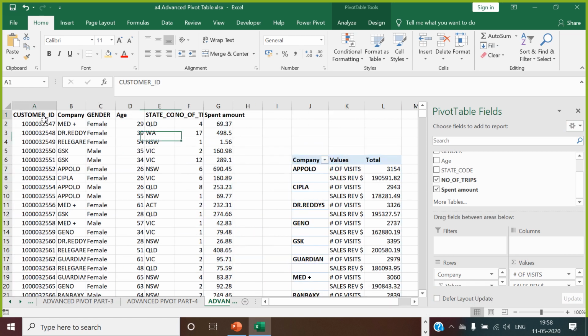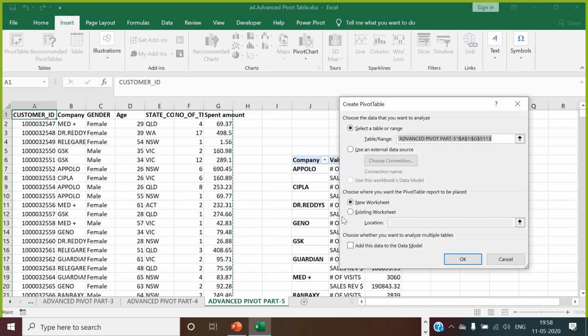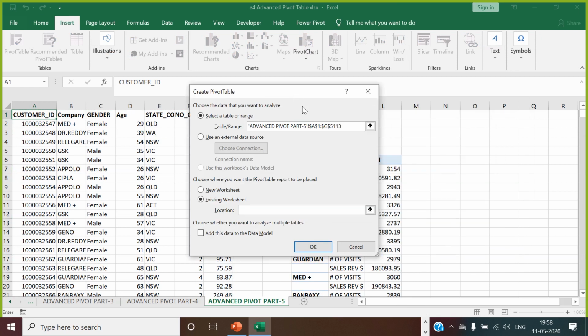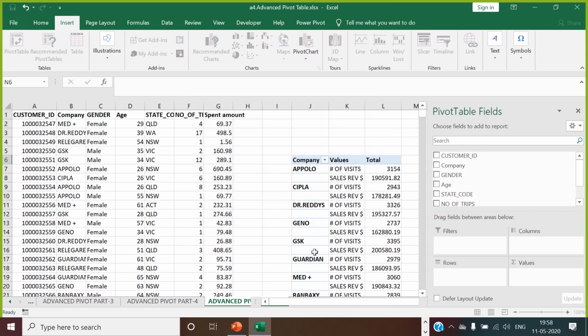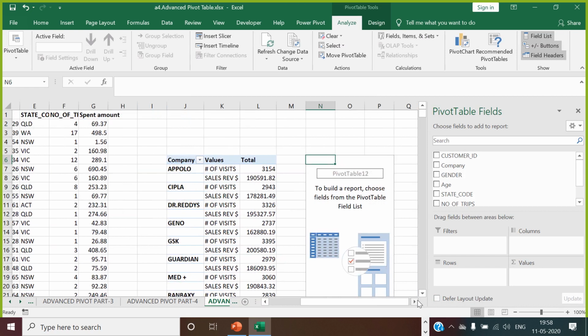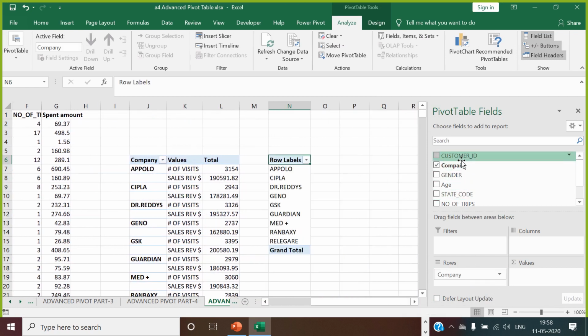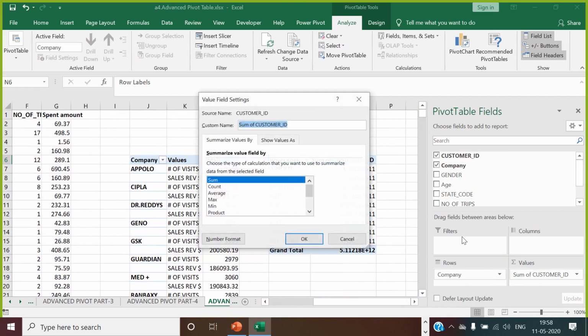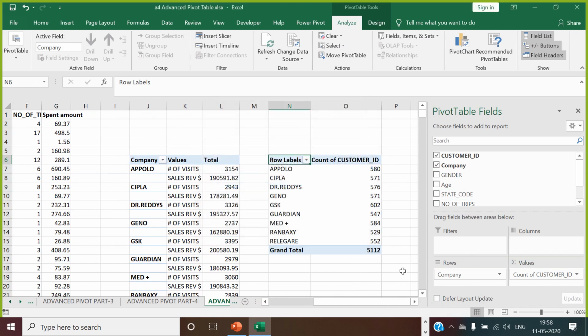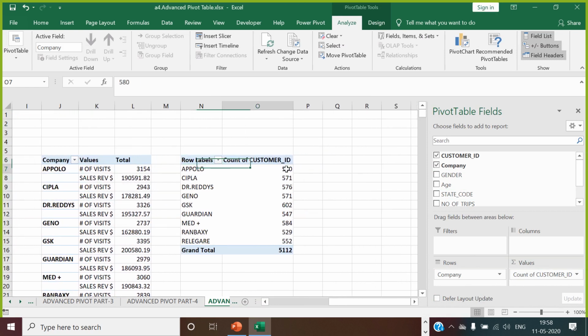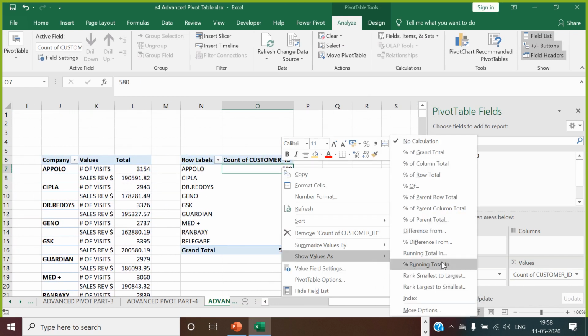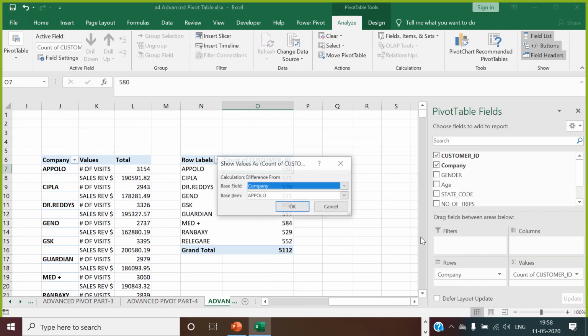Next, creating a pivot table. The next option says that the count of customer, we say summarize value difference from. In this case, let's say you compare the difference from Apollo.